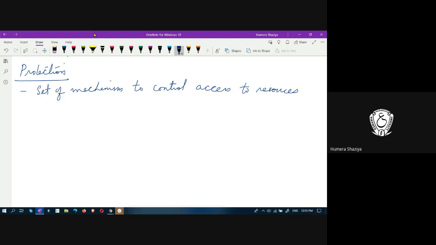Can anyone tell me the difference between security and protection? Here I am talking about protection. What are the goals of protection? How is it different from security? A student answers: laptop protection will install Quick Heal, not to get a virus. In the same way, there is a process to not misuse the resources.